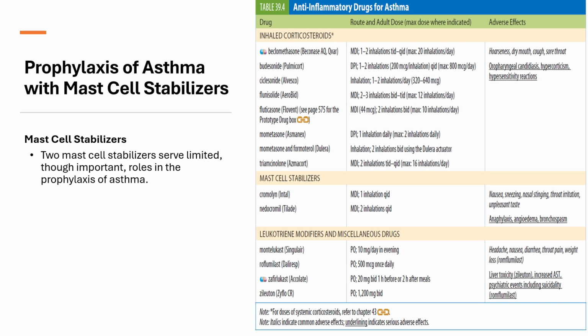Cromolyn, the first mast cell stabilizer discovered, is administered by several routes for different indications. Via an MDI or a nebulizer, cromolyn is indicated for asthma prophylaxis. An intranasal form, Nasalcrom, is used in the treatment of seasonal allergic rhinitis. An ophthalmic solution, Crolom, is used to treat various allergic disorders of the conjunctiva.